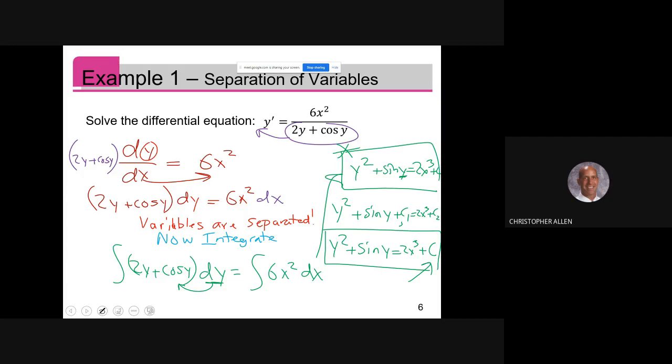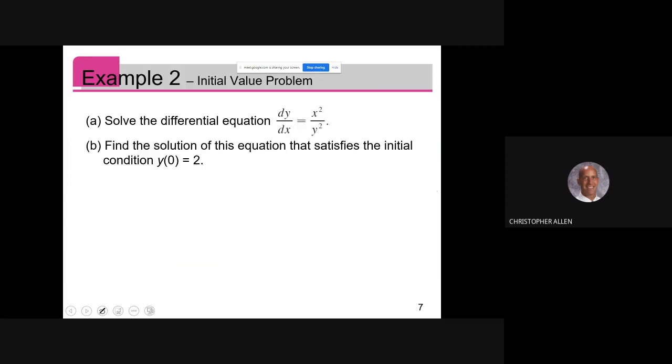Okay, so let's look at example 2. Now, example number 1, I did an indefinite integral. Example number 2, I'm going to give you an initial condition. So this is going to be a definite integral. So this is going back to section 4.1 was indefinite integrals, and then section 4.4 when we looked at the fundamental theorem of calculus, that was definite integrals. All right, so